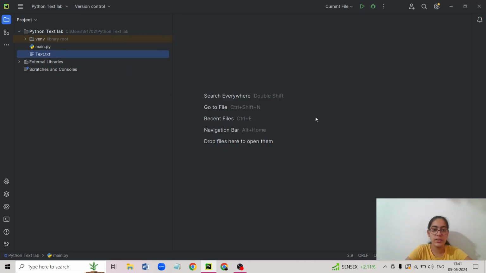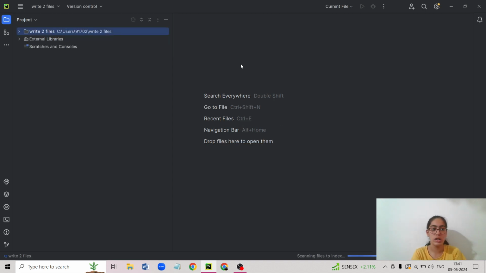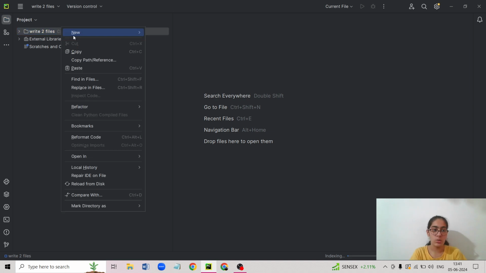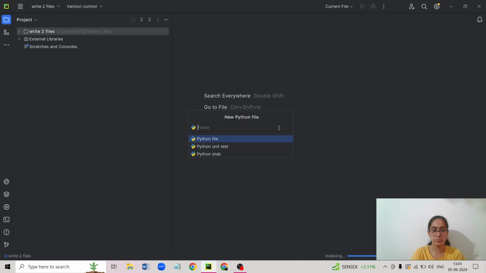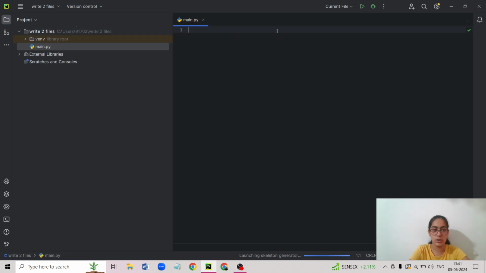So here we have a new file. It's loading again. Like I said, it takes time to load and create all the external libraries and scratches and consoles. Here it is. So a new Python file, main.py, like every time, main.py.